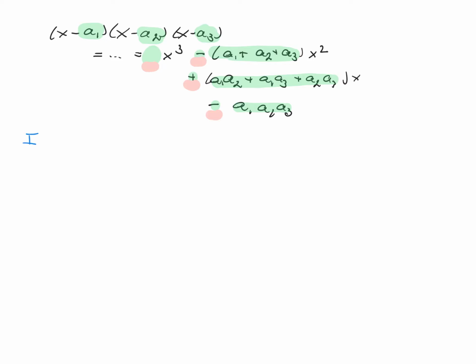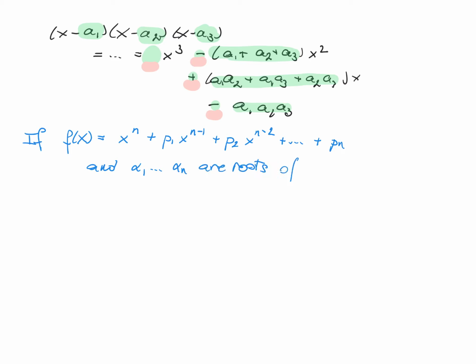So this means that if we have a polynomial f(x), which is equal to x to the power n, so the first one always has to be with a coefficient 1, so it has to have a leading term of 1, plus p1 times x^(n−1), plus p2 times x^(n−2), and so on, until the end, plus pn. And if we know that alpha 1 up to alpha n are the roots of f(x),